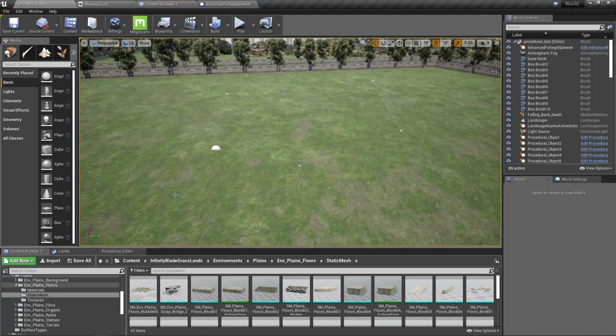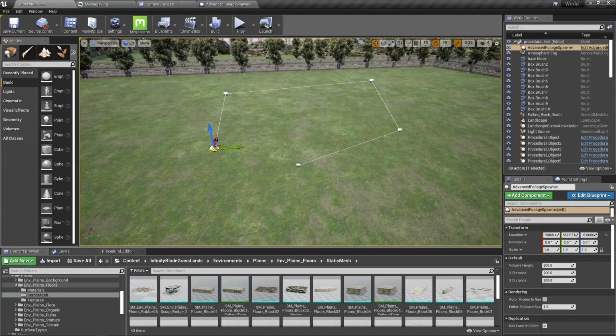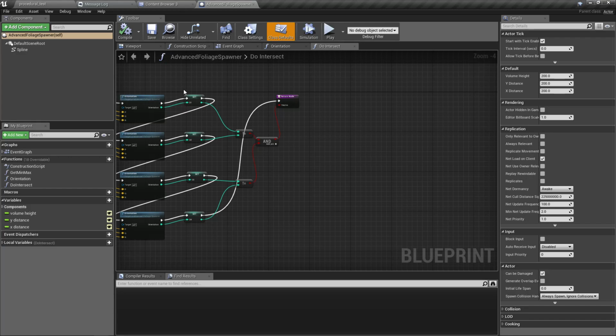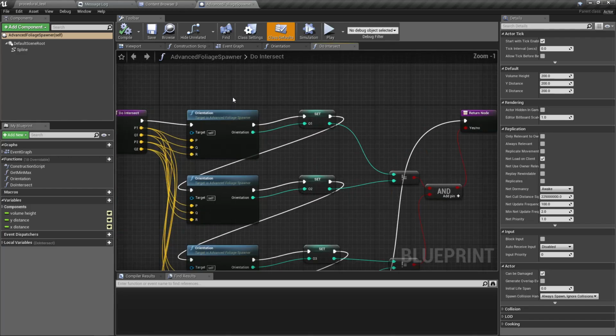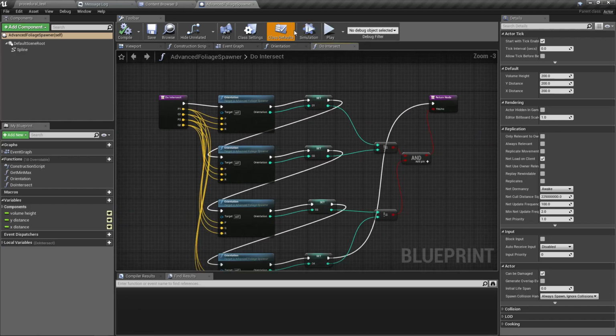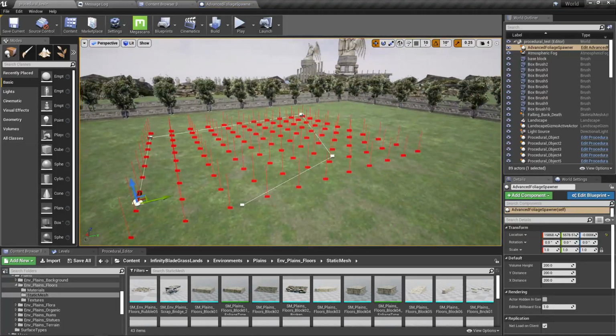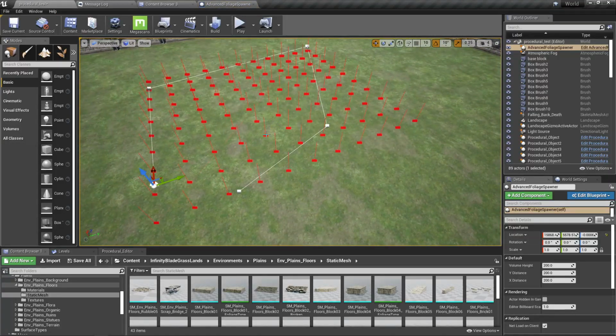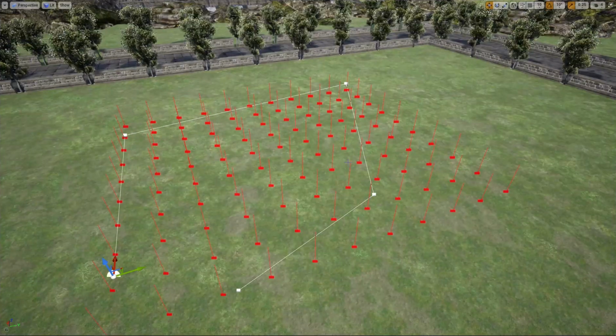Alright, so last time we developed this advanced foliage spawner with the do intersect function and the orientation function, and for the moment it still can't distinguish which points are inside this polygon and which points are outside this polygon. So today I'm going to cover that part